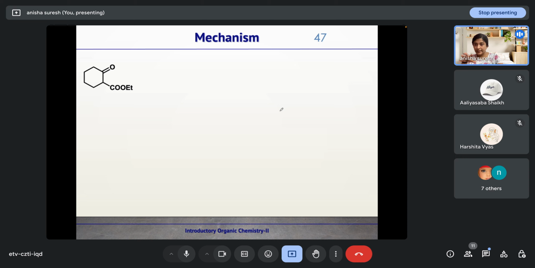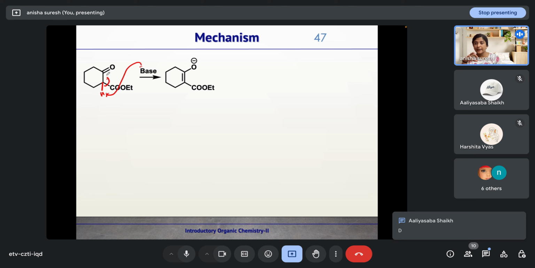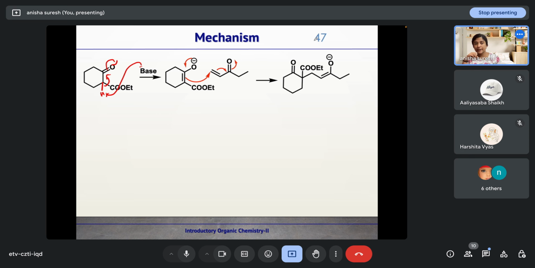Here we have this as the starting material in the presence of a base. The base will abstract this proton, leading to formation of this enolate, and this can undergo Michael addition reaction with this alpha beta unsaturated ketone, leading to formation of this enolate, and this enolate will get quenched by abstraction of proton,